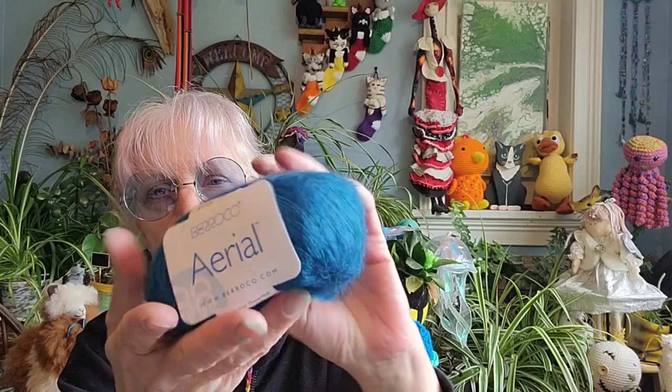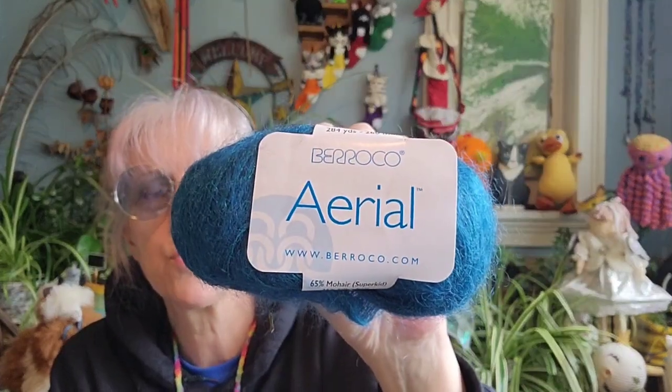Cool. And then one more, and oh, this is like almost nothing. It's just literally tiny Ariel Barocco. It's okay, it's 65% super kid mohair and 35% silk. Beautiful color though. I mean, I wouldn't know what I would do with this, because how many yards is on it? 284 yards. I mean, it'd be a nice trim on something, but it seems pretty lavish to be on a trim on just something that I make. So we'll figure out, maybe some of this is going to go in happy mails and